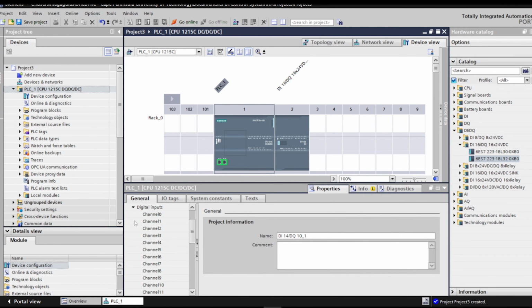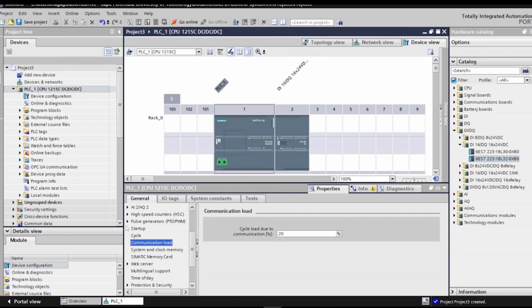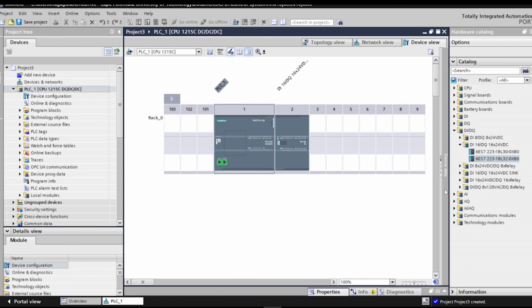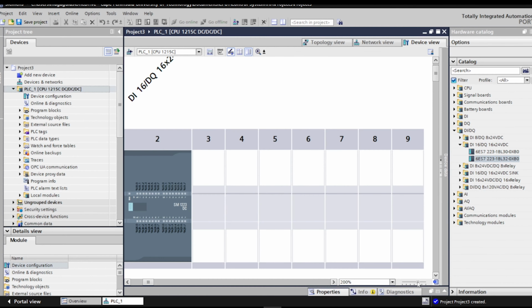You can see all the channels, you can see your web servers and all this, and also because this one does have an IO stack, you can see the IOs that are available for us. This is the Q, which is the output. This is the I, which is the input. And again, on this PLC, let me zoom,